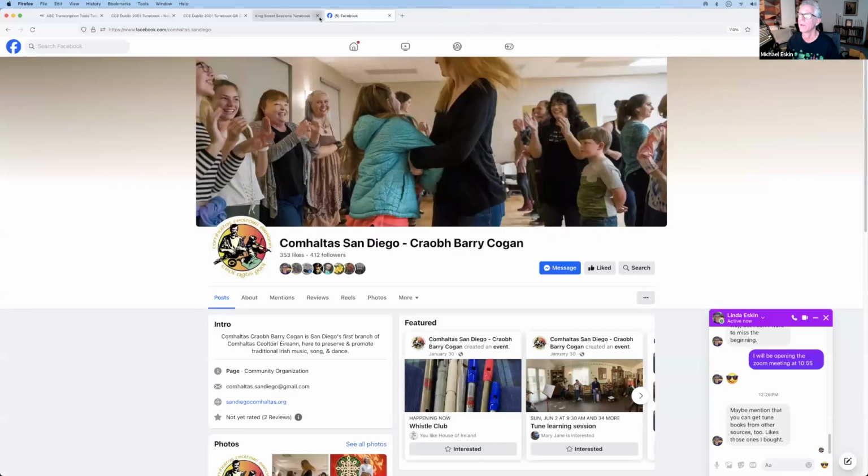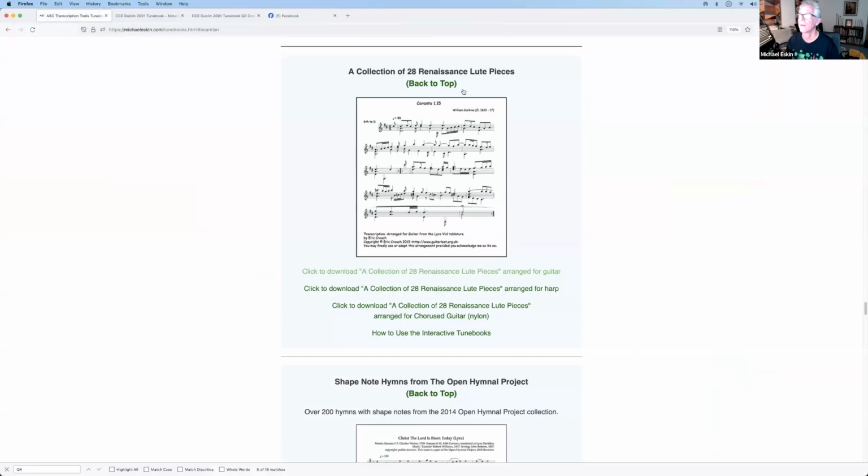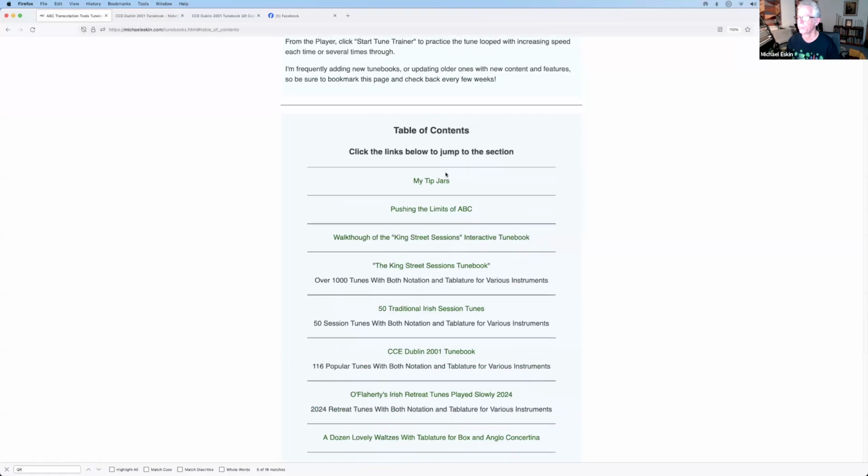Let me just close some tabs here. Let me open up the